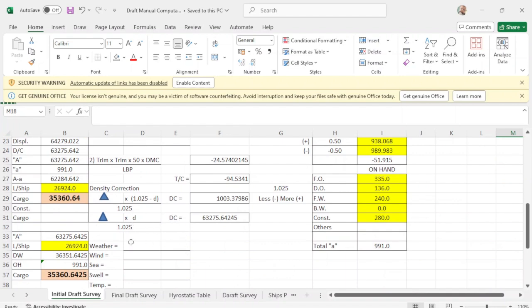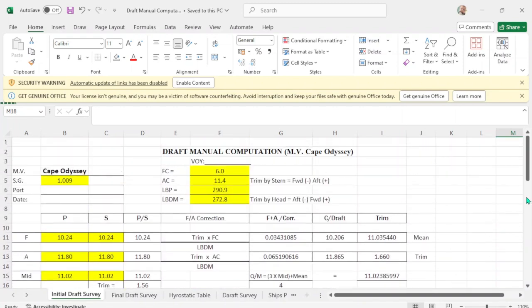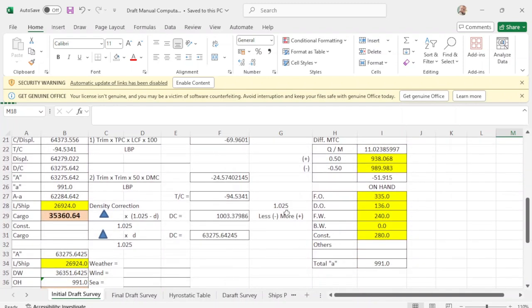But I rather use this equation because you will have to apply plus or minus. So what does it mean? If your local density, which is 1.09, meaning it is less than 1.025.